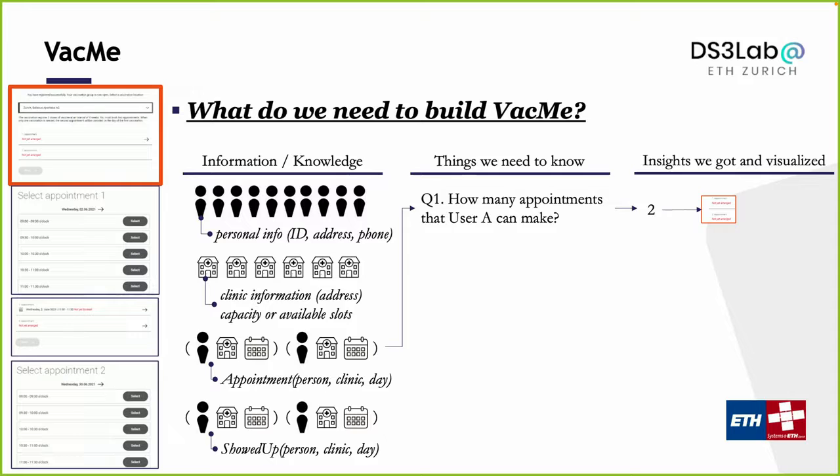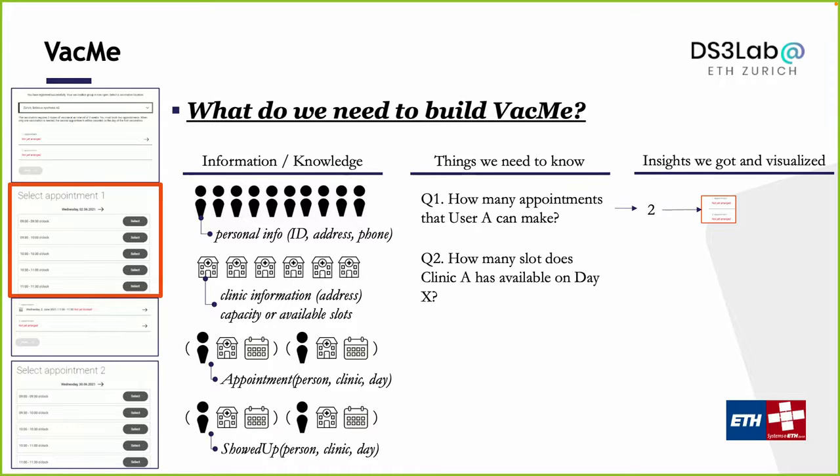And then you can visualize it on the website. But the point is, once you have the thing that you want to know, the question you want to ask, you can use your data to answer that question and get the answer. The answer is going to be the insight you have out of your data, okay? And there are potentially other things you can ask. For example, if you look at the second view,